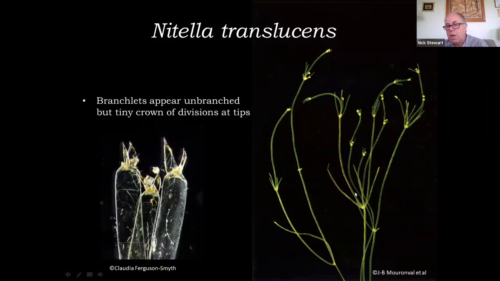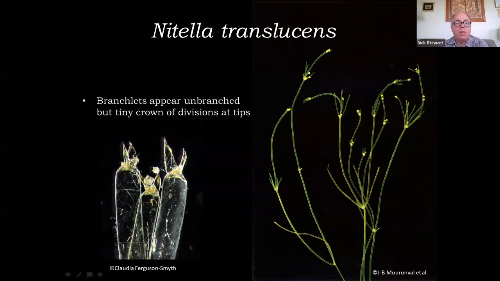You'll find that these swirls look as though they're simple, and it's only when you get a hand lens looking at the tips of these that you'll see that they're actually a little crown of very abbreviated forks. And this is distinctive of the species. It's the largest of the Nitellas,